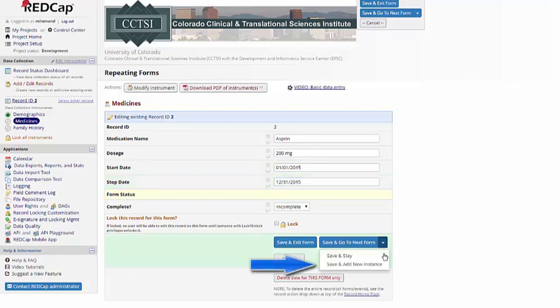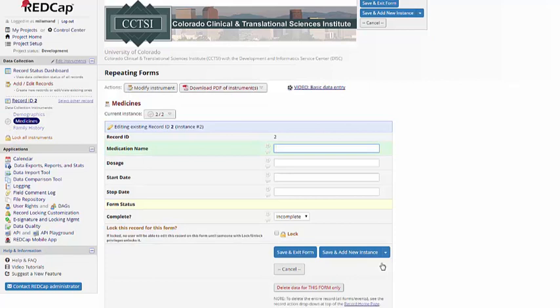And I have a new option in my Save menu, Save and Add New Instance. This just brings up a second copy of the form, and you can see that it says I'm still in Record 2, and I'm still in the medicines form, but now I'm on Instance 2 of 2. I can enter a new medication here. And if I want to, then I can save and add another instance. And here you can see I'm on 3 of 3. Now if I save and exit,